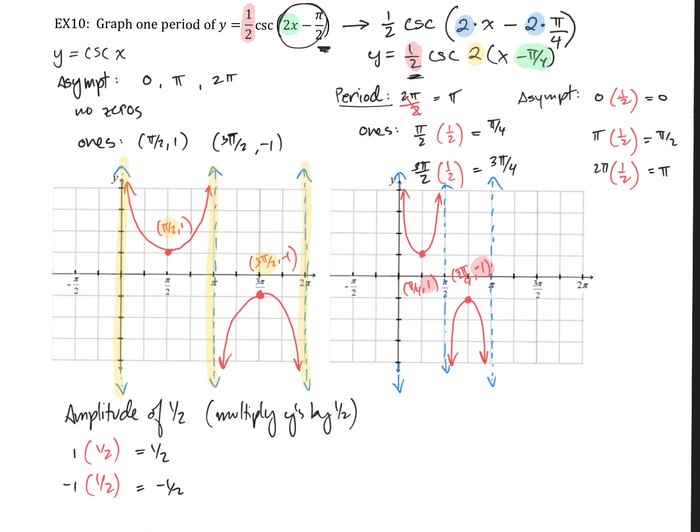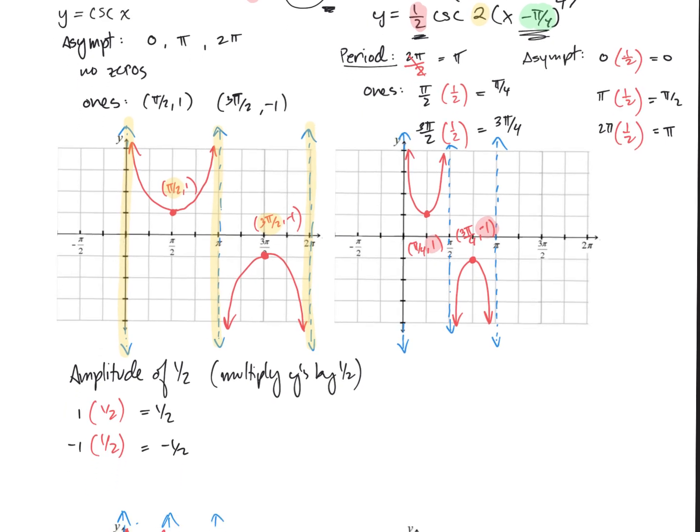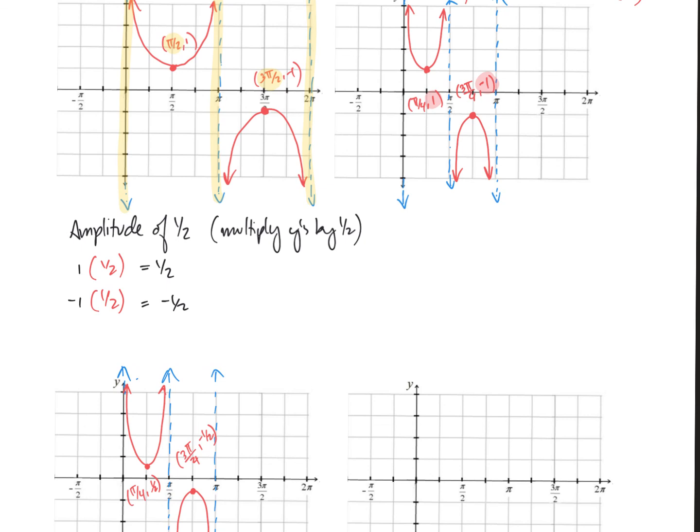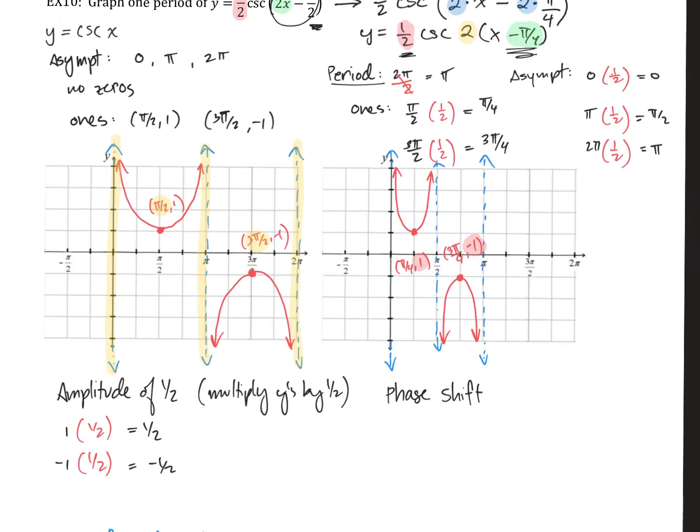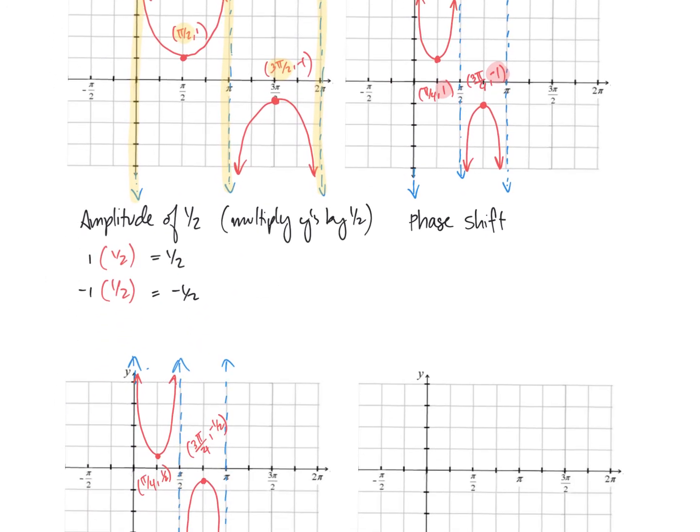Now, next thing we gotta do is the phase shift, which I have written in green. It is a negative pi over 4, so with the x's, once again, opposite direction. So we have phase shift. Please let me know the direction, right or left. Phase shift, it was a minus pi over 4, so we're going to phase shift right pi over 4. And that means we're going to go ahead and add pi over 4 to all of